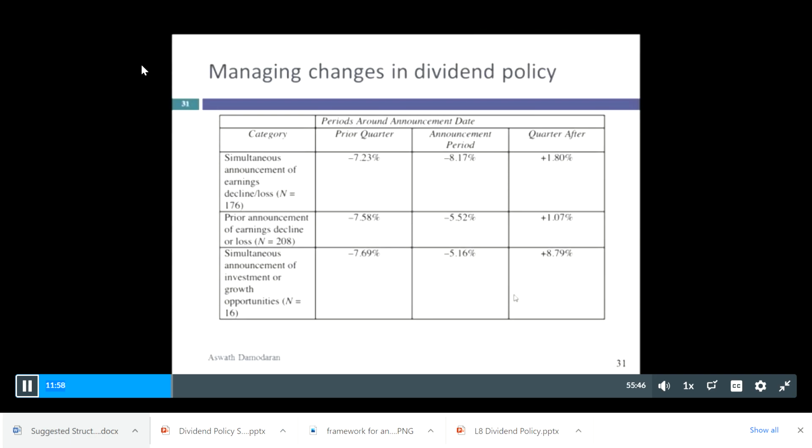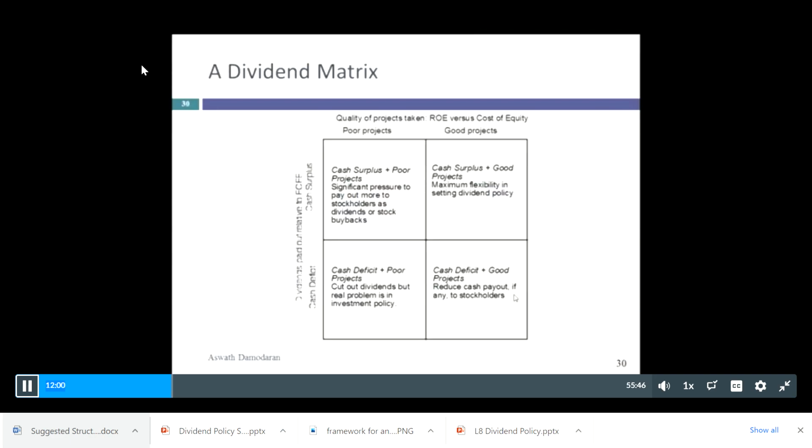And, well, maybe we're not ready for that slide yet. And why does the market tend to react in a negative fashion, I guess is what I should have said. Anytime a firm decreases the dividend, even if it's for a good reason, there tends to be a negative stock return, right? The stock price falls.